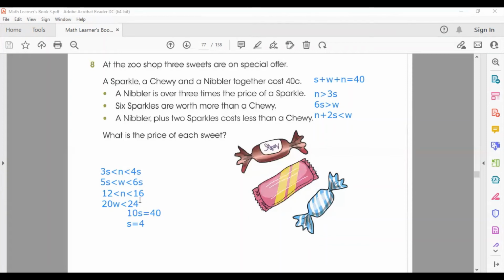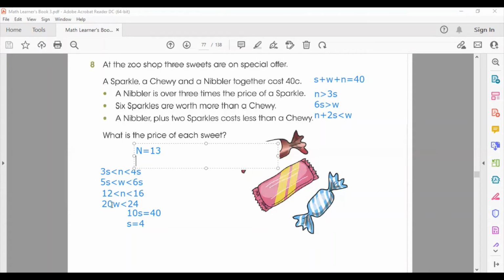So these are just the possibilities. Okay, sparkler's price at the end we can find it, 4. From here 12 and 16, between this is the nebular price. If we are saying 13, 14, 15, we have three options. So we can write it, the price for nebular is equal to 13, and after this, cherry, the price for cherry is